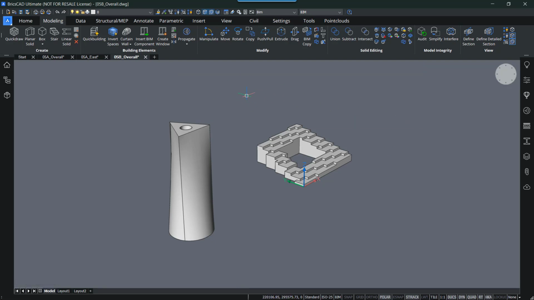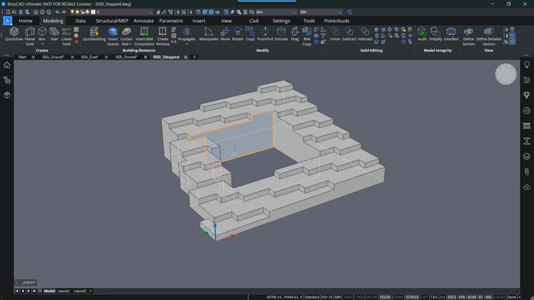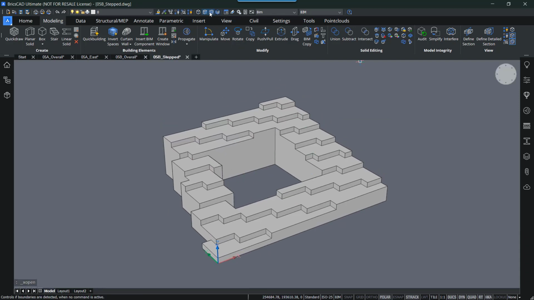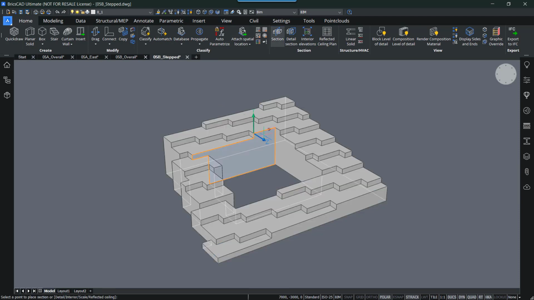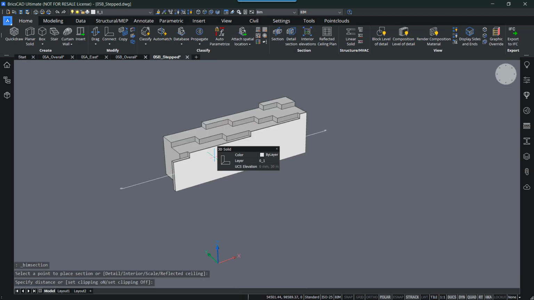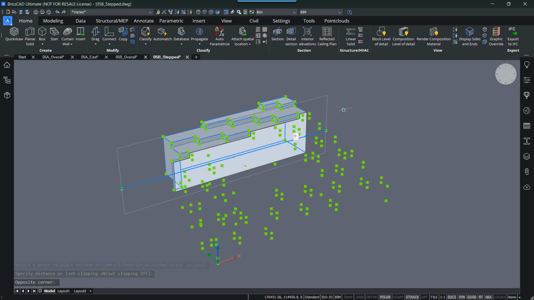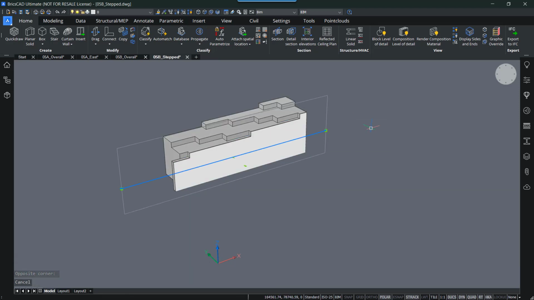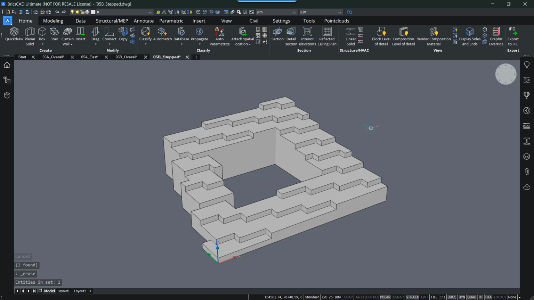So this is just my master model. So if I hover over it, you will see I have an X reference here. So let me just open up this X reference in my separate DWG. So this is just a 3D solid, so this is the massive model, so it's not hollowed out or anything. So if I open up the section, you can see it's full inside, so it doesn't have any spaces or anything like that inside of it. So if I just delete it back, I just have one solid.